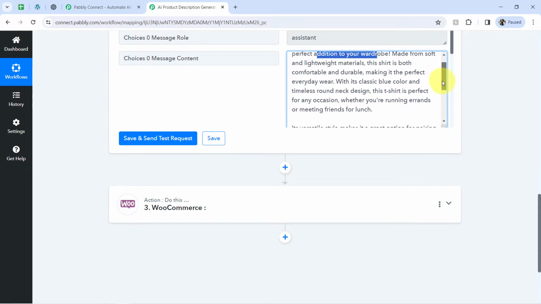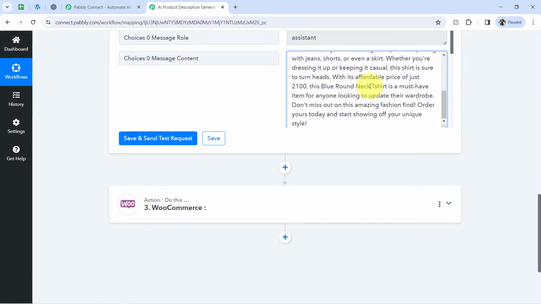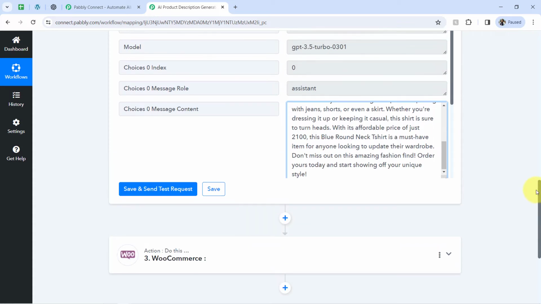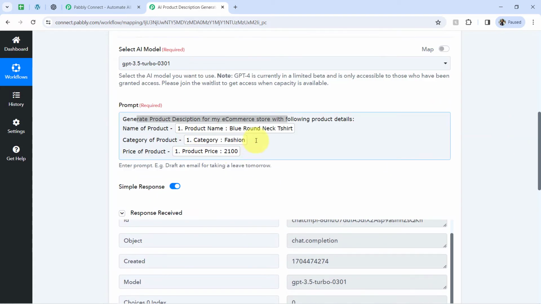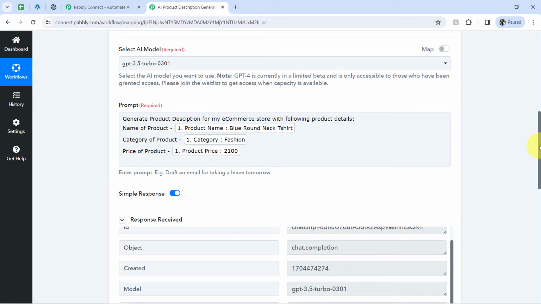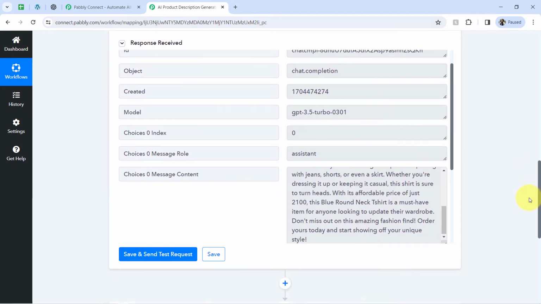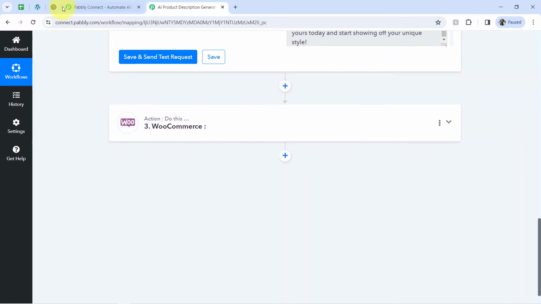Okay, so did you notice what an interesting product description has been generated automatically? In fact, it has also included the price in this description. So just in case you do not want to include any price in the description, you can clearly mention here that do not include the price in the description of the product. But for now I am proceeding with the same description. Okay, so in this way the second step of our automation is done,